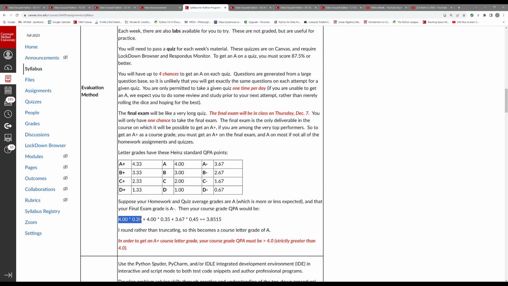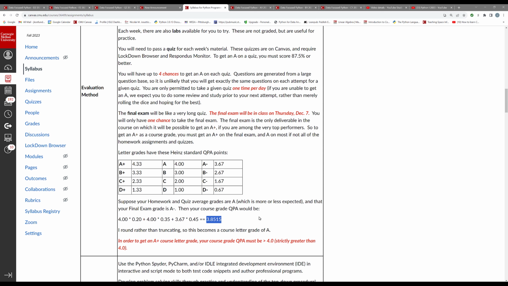So that means you get 20% times a 4.0. And let's suppose that you also get A's on all of your quizzes. So that's another 35% of a 4.0. On your final exam, you get an A-. So that's 45% of an A-, which is 3.67, right? Add all that up, and what you get is an